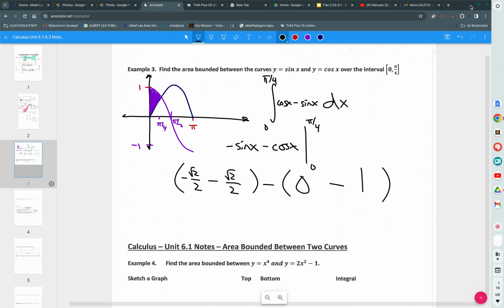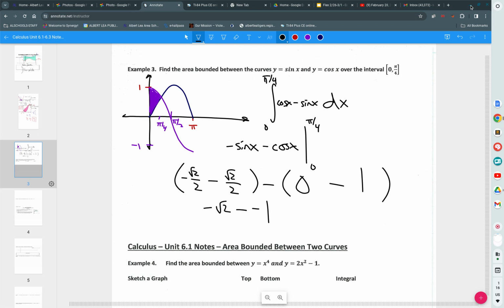So notice as you work this out, negative root of 2 over 2 minus the root of 2 over 2, wouldn't that just be the negative root of 2? Minus negative 1. And what do we get? Folks,